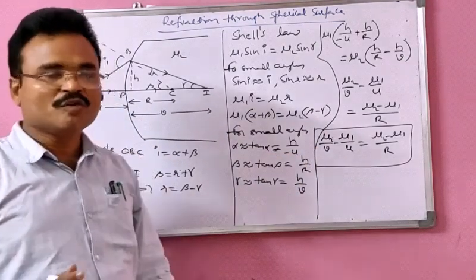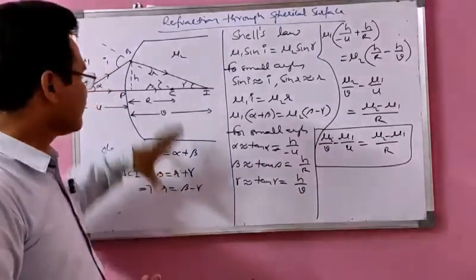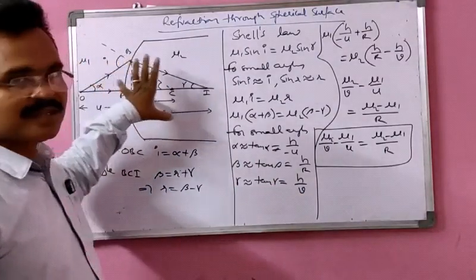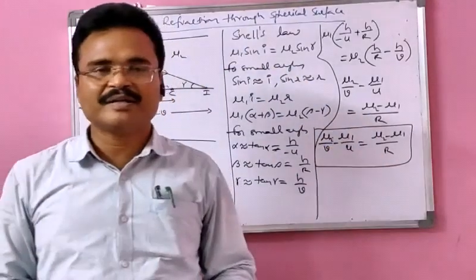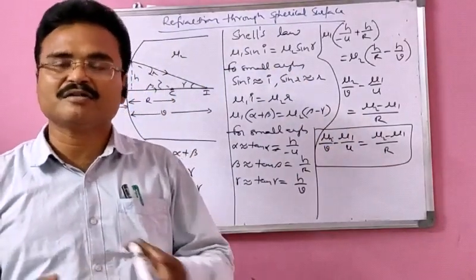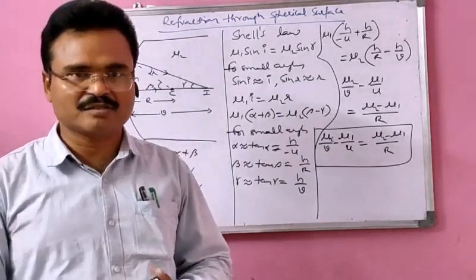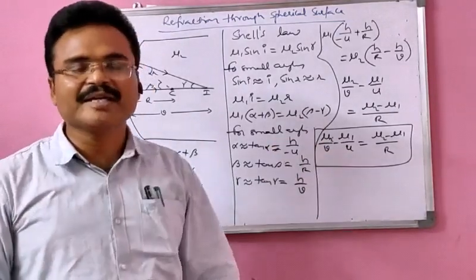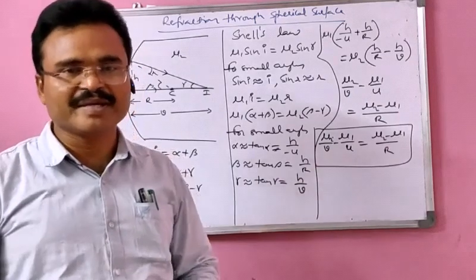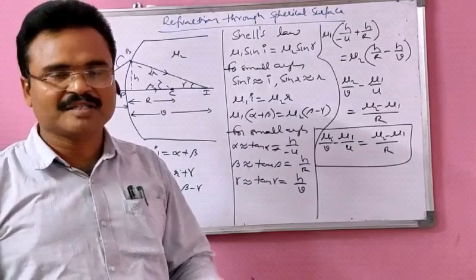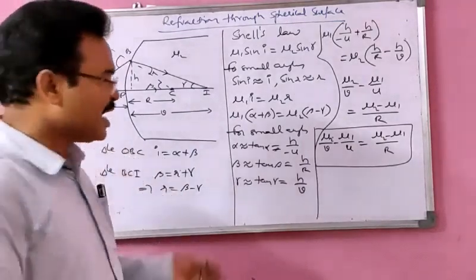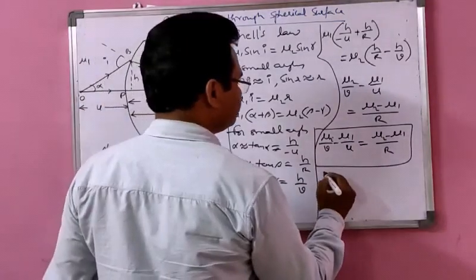And moreover, though we derived this formula for a convex surface and a real image, this formula can be applicable for concave surfaces and also for virtual images, because this formula is for all types of images and surfaces. Suppose the angles are not small, then what could be the formula? So if the angles are not small,